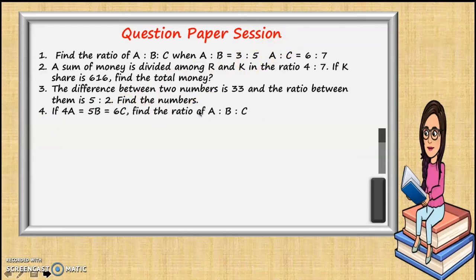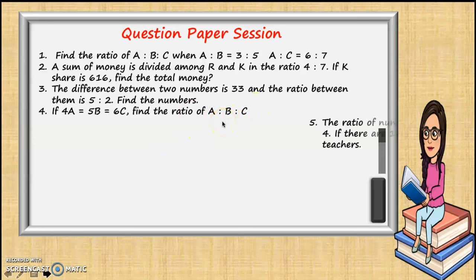Next problem, if 4a equals 5b equals 6c, find the ratio of a is to b is to c. It is a similar way to the way you do the first problem. You have to take it as, let 4a equals 5b equals 6c equals one constant, that is x, and then separate a, b and c, and probably you'll get it in a fraction format and find the LCM, and then you'll be able to find out a is to b is to c.